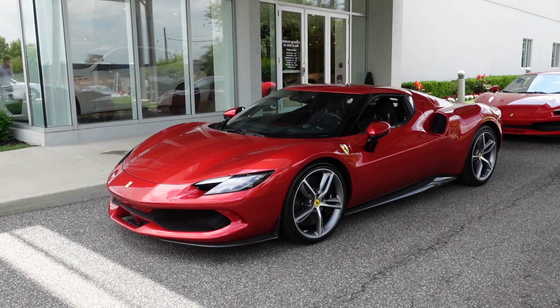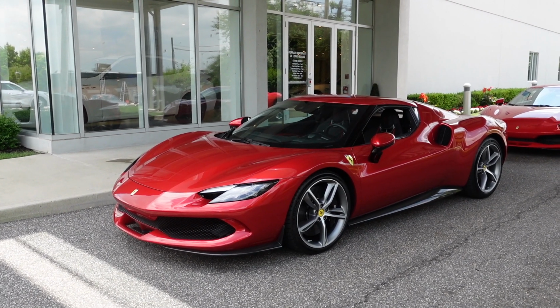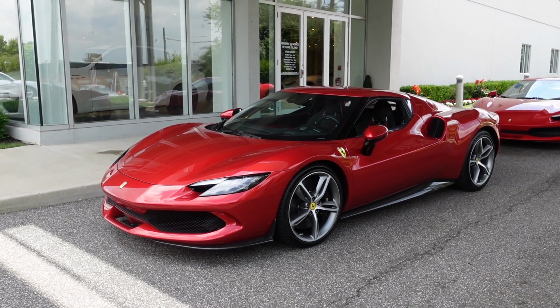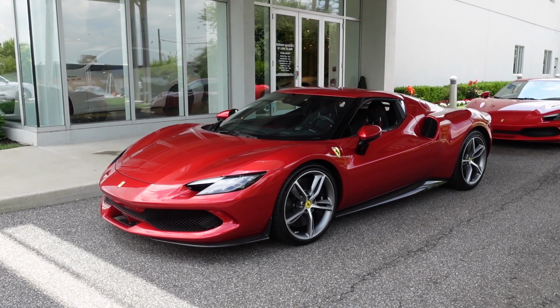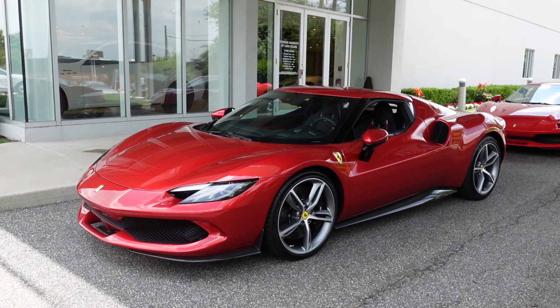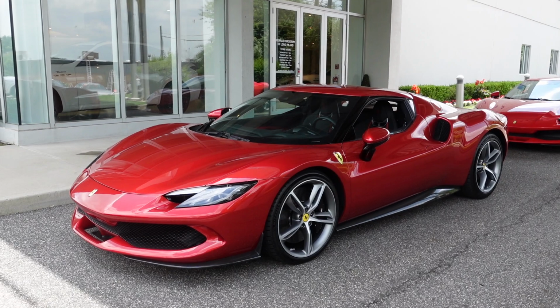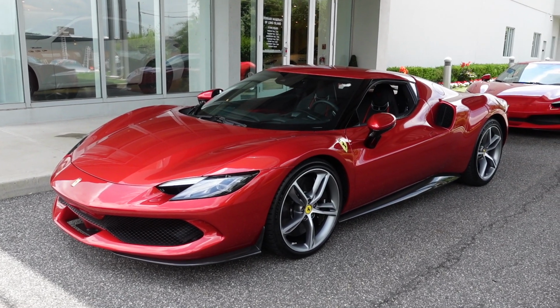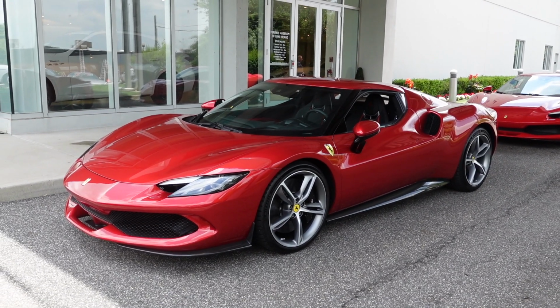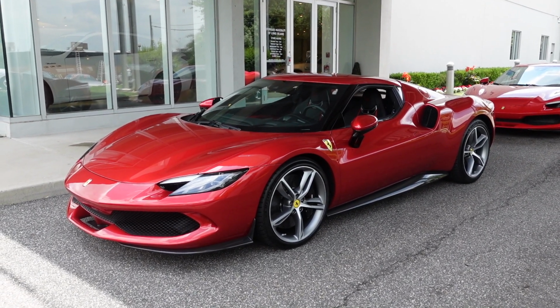So here it is, the Ferrari 296 GTB. It's a V6 plug-in hybrid supercar and Ferrari's first ever rear-wheel drive hybrid. So this car starts the trend of Ferrari models with smaller displacement engines and hybrid integration as the car world begins to further embrace electrification. GTB stands for Gran Turismo Berlinetta, and this car starts at